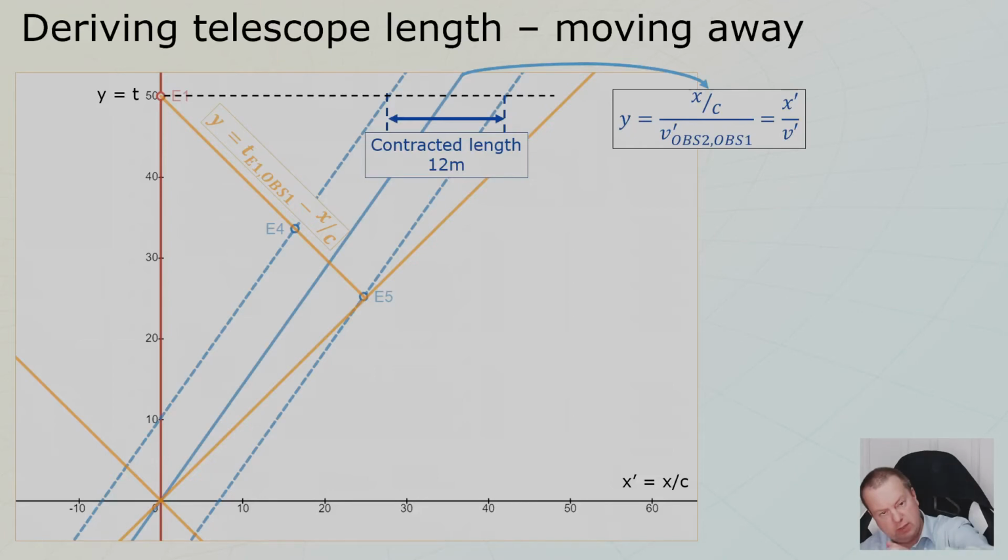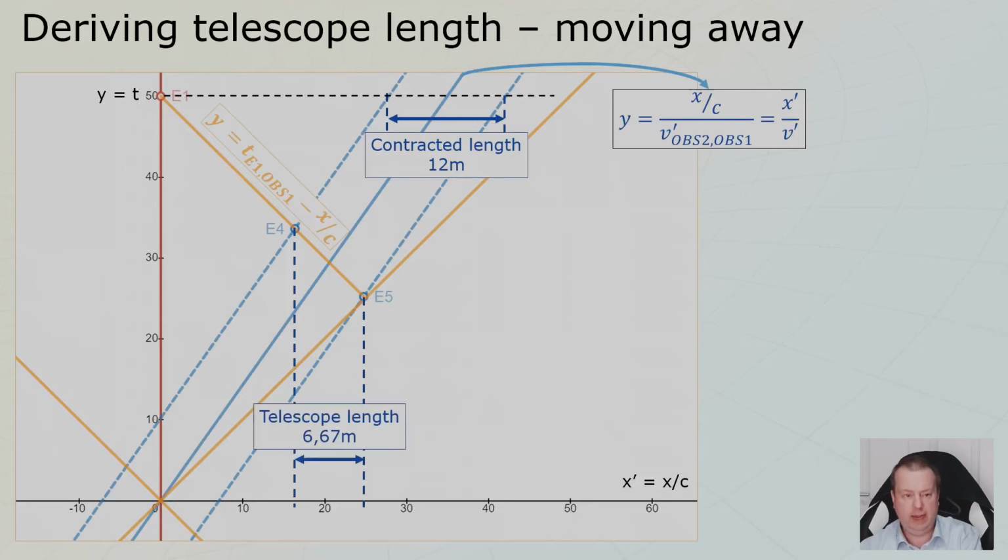This is the projection line along which the light travels from the moving train back to the telescope of the non-moving train. So event number 4 is when light starts to travel from the back of the train all the way back to the telescope at event number 1. Event number 5 is when the light from the front of the train starts to travel back to the telescope, and they both arrive at the same time here, and then you will see a telescope length, a real-world contracted length of